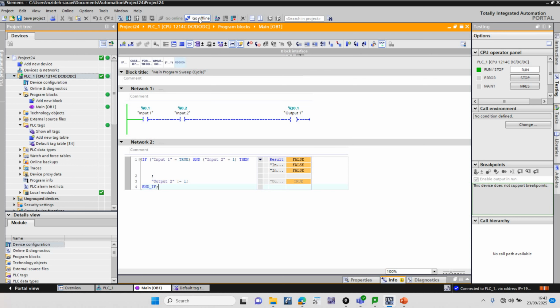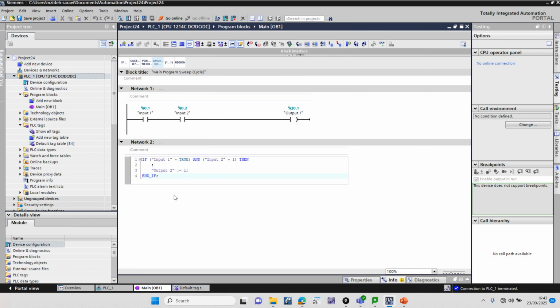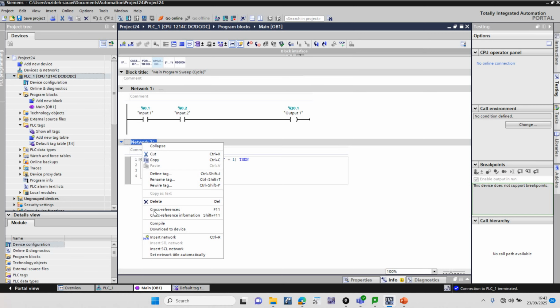Okay, I'm going to go offline again, and now I am going to show you how to create an OR gate in ladder logic and SCL language. So now I am going to create a network